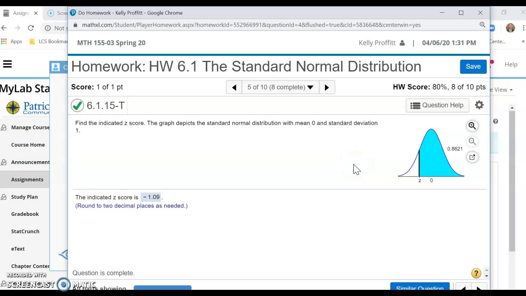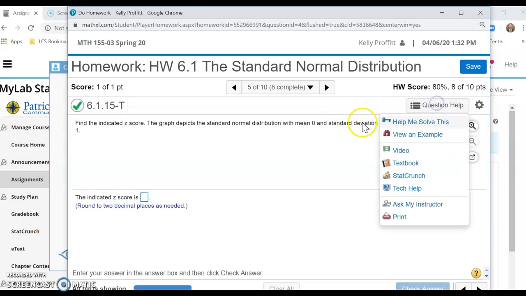This is very similar. Let me do a similar question so it changes up the numbers here. Okay, so number 5 is very similar, except for this time they want the z-score that is the cutoff for when the area to the right of that z-score is 0.8485. So we're looking for the z-score here. It's going to be below 0, so it's going to be negative, such that the area to the right of that z-score is 0.8485. So we'll still go to StatCrunch again,